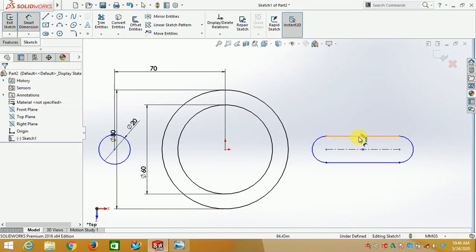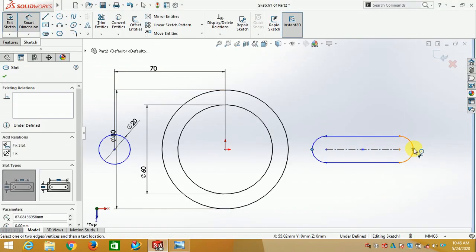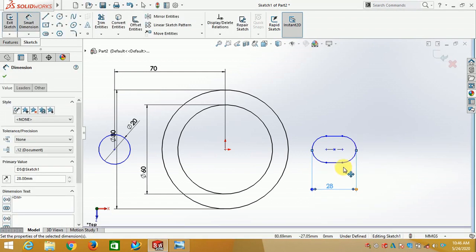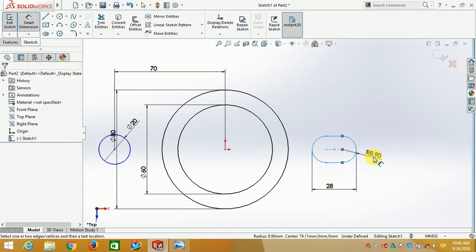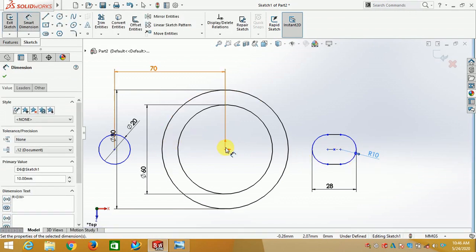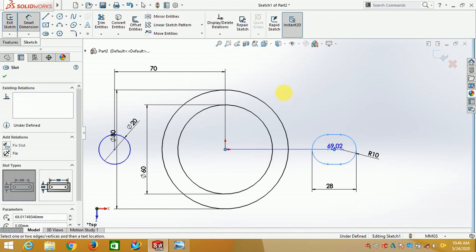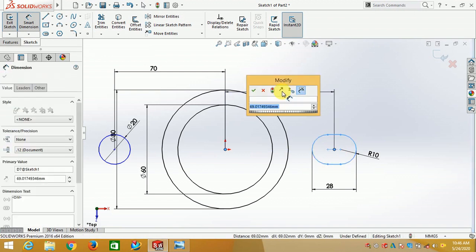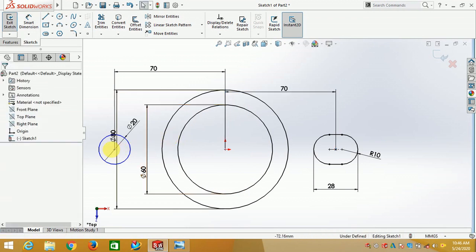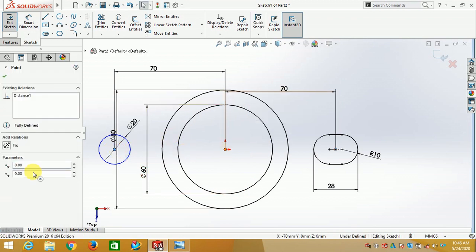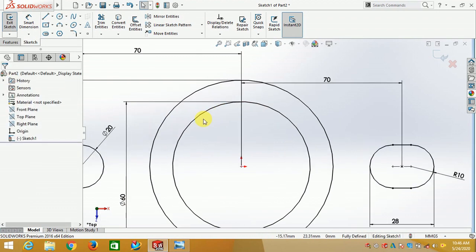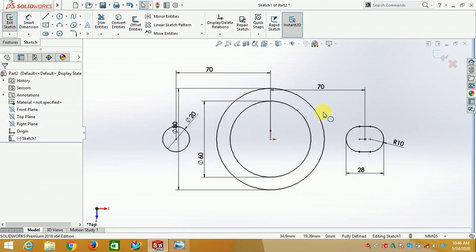I will give the first dimension like this, 28. And this dimension I will give 10, the radius, and the center distance is 70. Then give the horizontal relation. All the sketch is aligned, that is fully defined.